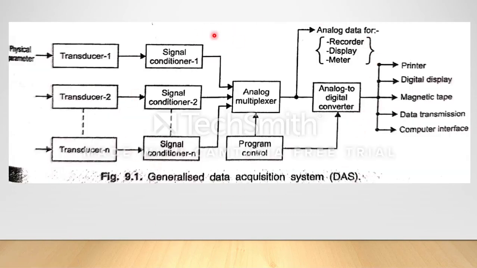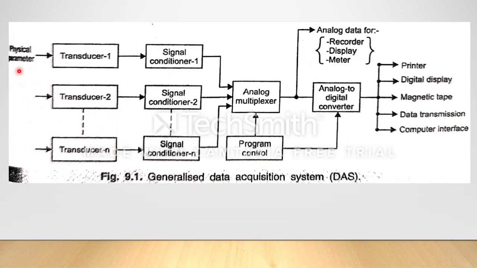So this is a block diagram of a data acquisition system. You can see here different sensors and physical parameters. Say sometimes we will be getting only the temperature, right? And in some cases in the signal conditioning system we also need circuits for passive transducers. I said active and passive transducers.